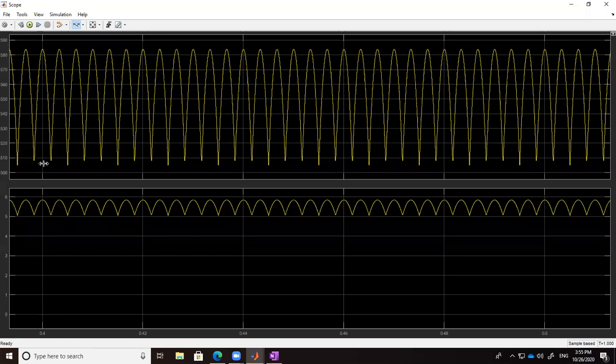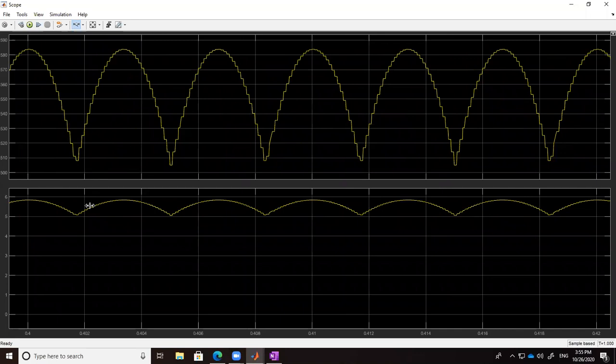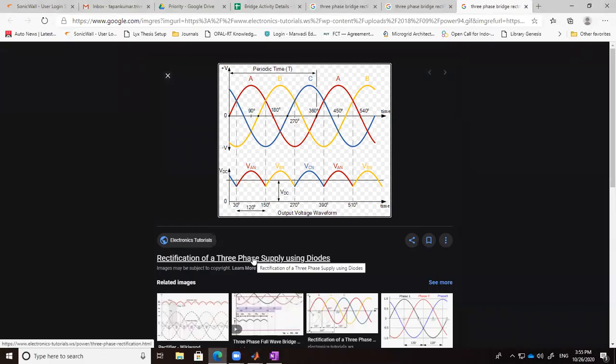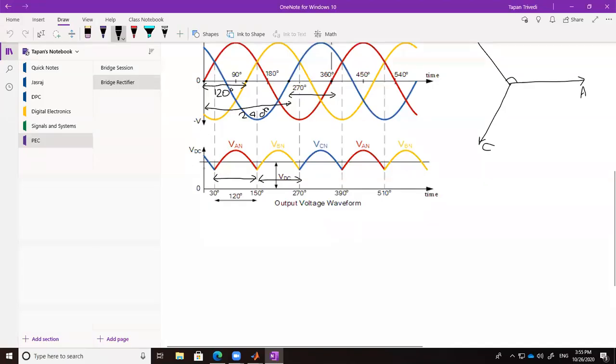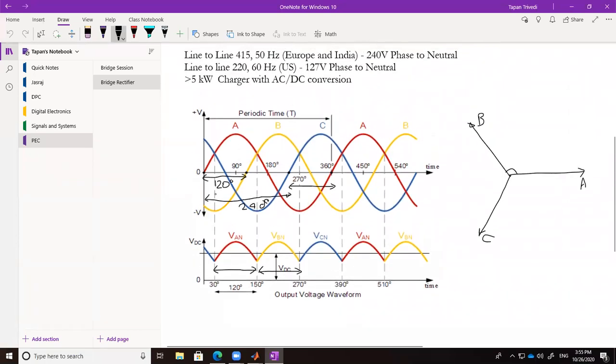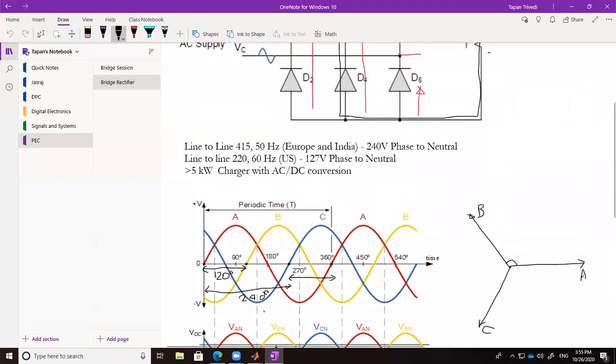This is the output voltage and current for one cycle, one fundamental cycle. Now, if you see here, as you can see, for 60 degrees, this is 120, but it is actually 60 degrees. For 60 degrees,